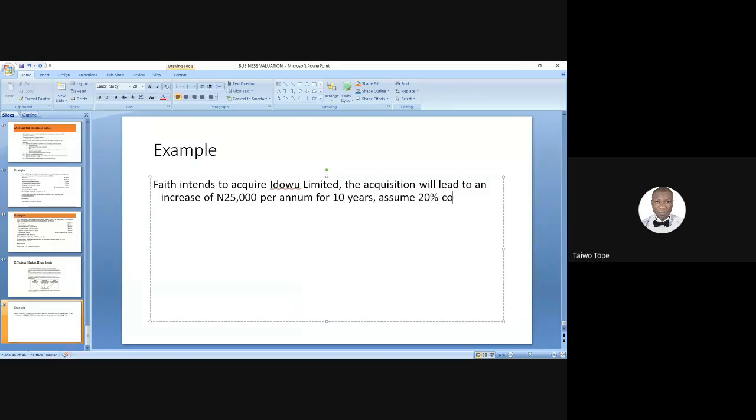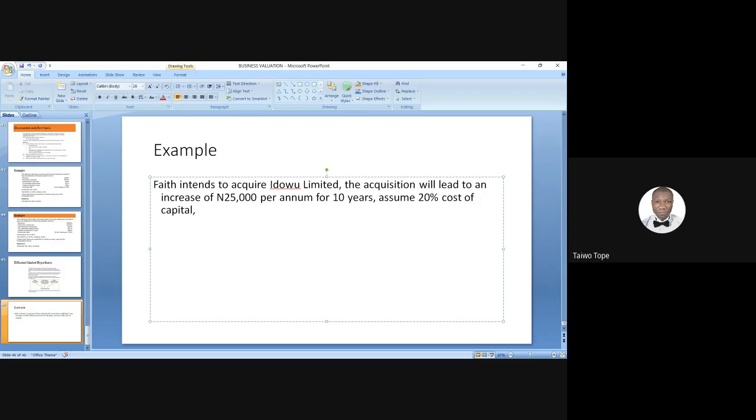cost of capital as far as financial management is concerned and SFM. This cost of capital, you can't run away from it. As a matter of fact, I was telling someone, expect this in your number 1 question as far as this exam is concerned. So if you don't know cost of capital, that thing we treated last week and about 2 classes, go and know it. If you are struggling with it, ask your question on the platform. Somebody will respond to you.